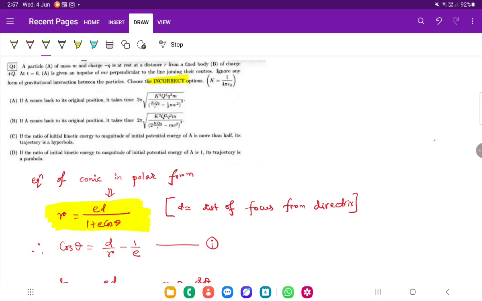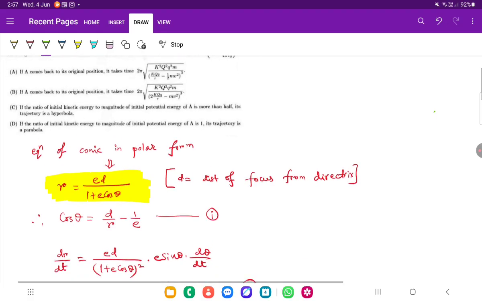So I have written the equation of a conic in polar form: r equals ed upon 1 plus e cos theta, where r is the distance of any general point of that conic from its focus, and d is the distance of the focus from the directrix, and e is, as you know, the eccentricity, right? And theta is the angle subtended by that radius vector. Okay, so